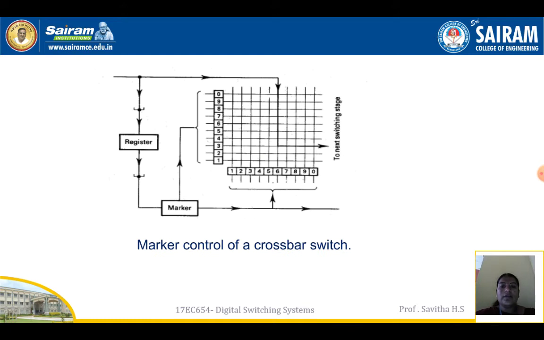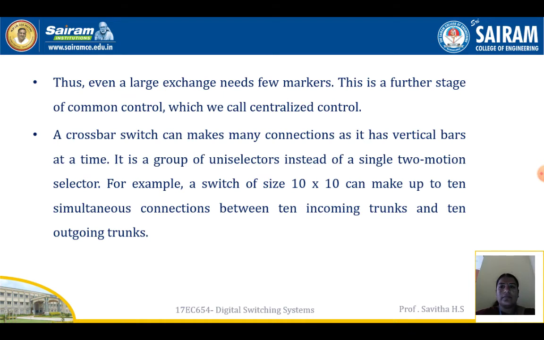Marker controller of a crossbar switch consisting of marker registers. Thus, even a large exchange needs only a few markers. This is a further stage of common control, which we call centralized control. A crossbar switch can make many connections at a time as it has many vertical bars. It is a group of uniselectors instead of a single two-motion selector. For example, a switch of size 10 cross 10 can make up to 10 simultaneous connections between 10 incoming trunks